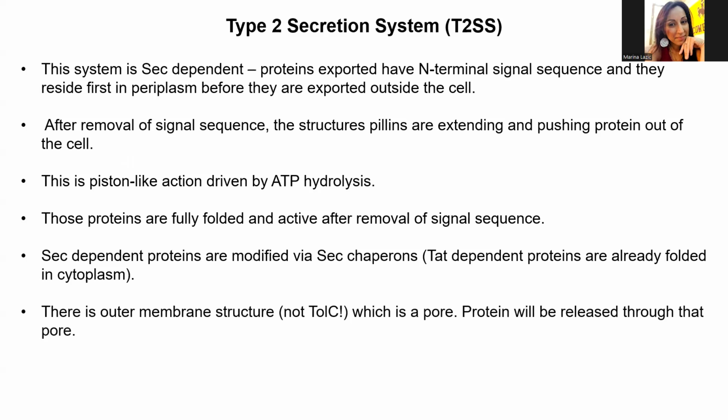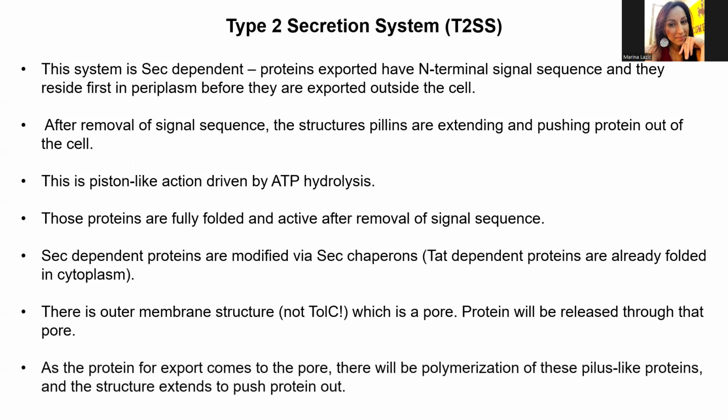Here you also have an outer membrane structure, so it's still similar, like inner membrane ATP hydrolysis, something that connects to an outer membrane pore, but it's not TolC. This one is quite different. So TolC is specifically the landmark for type 1 secretion systems, and through that pore your proteins will be exported through the outer membrane. So as the protein for export comes to the pore, there will be that polymerization of proteins that are similar to pili, and then that polymerization will actually be like a piston that pushes proteins outside of the cell. And the example is this